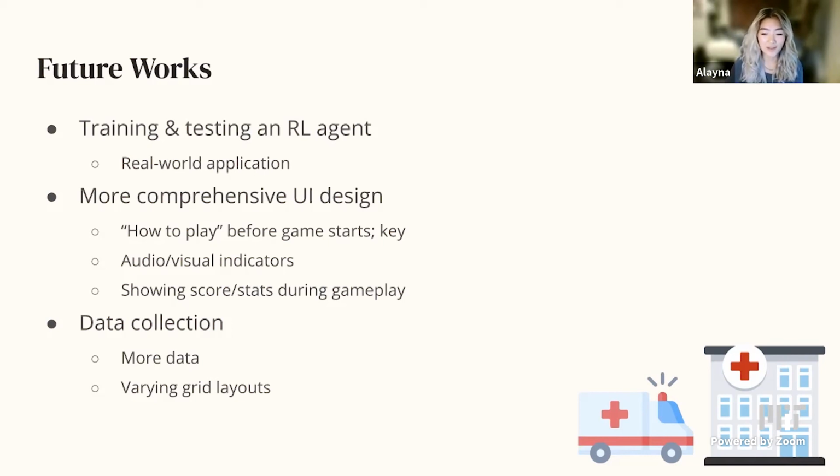Speaking of data, we found in particular we lacked significant data to analyze. Firstly, we focused on only one kind of map when running trials, as in the number distribution of batteries in hospitals, for example. So we'd be interested in how our data would be different on a different grid layout, say with only 2 hospitals on the map. Ultimately, with more time, we would definitely run more trials, both human and machine, to improve the accuracy of our current conclusion or maybe reveal some new findings.